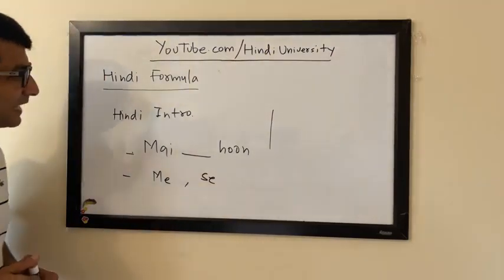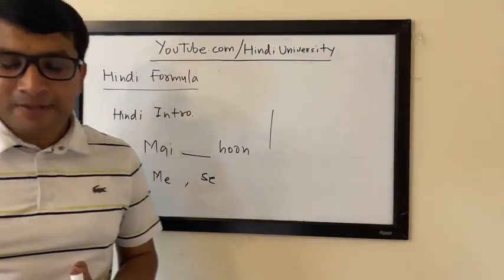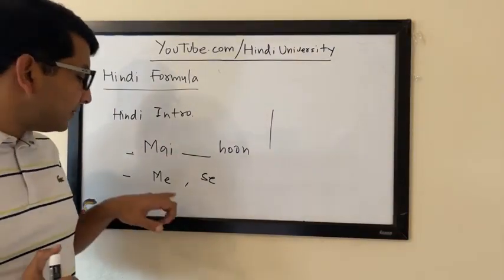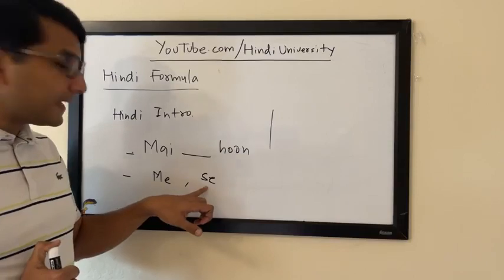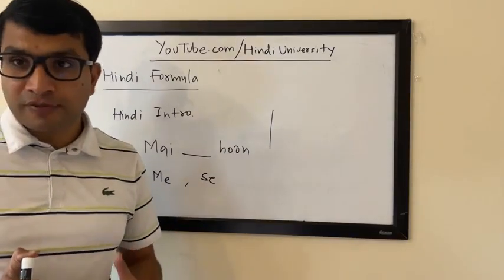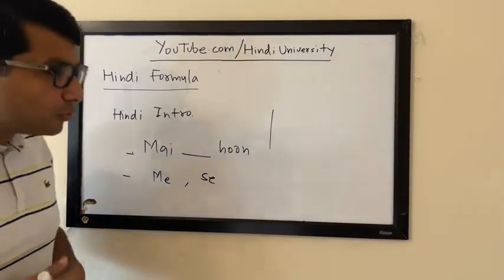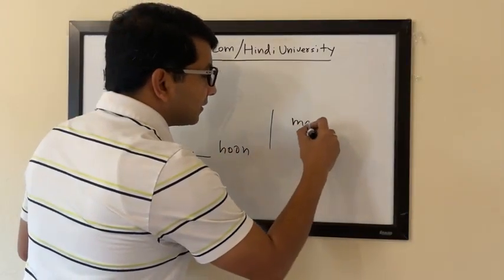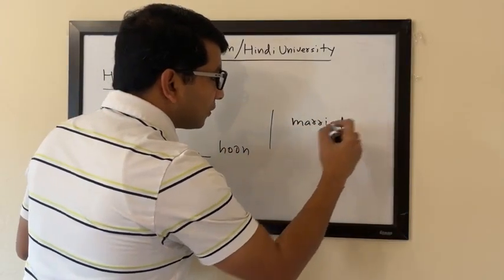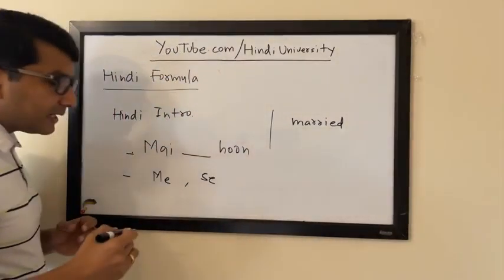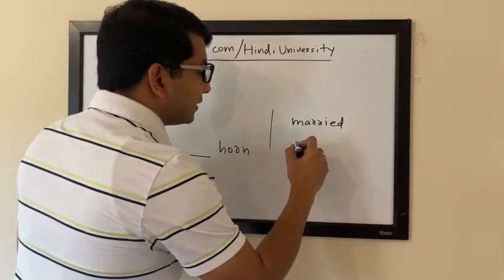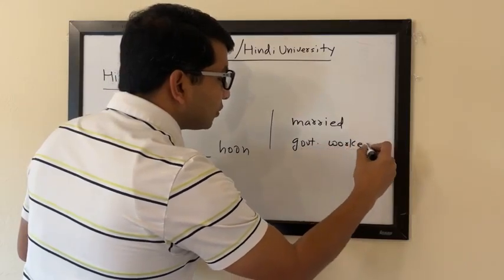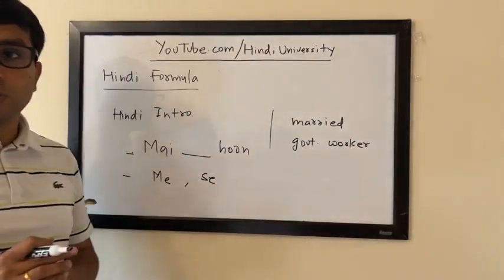Yeah. Awesome. That's great. So you see how they were able to use the मैं हूँ pattern and then use the postposition in most of the sentences. Now, some of you used very interesting words such as married, like shadishuda. Similarly, let's say government worker. If you were to introduce yourself, मैं government worker हूँ.